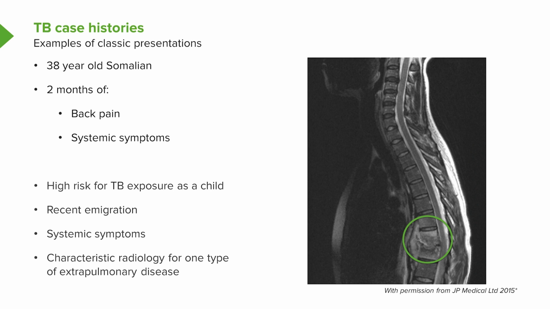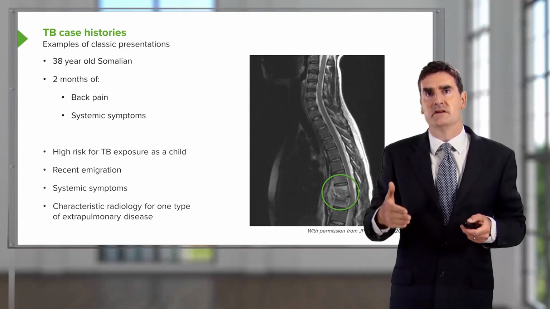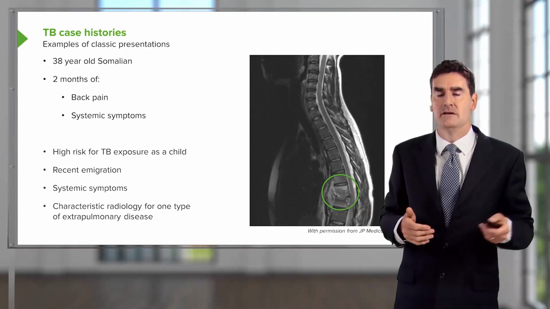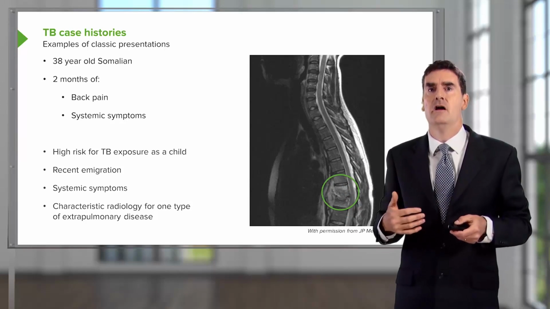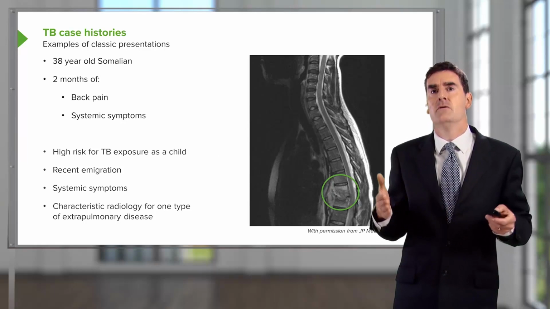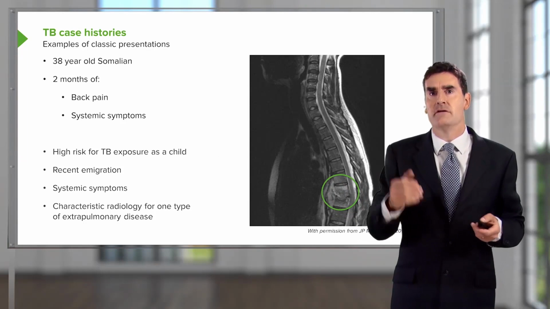and in fact if you look closely there's destruction of the edges of those vertebrae, and there's some soft tissue swelling around those bones. And you can also see that there's an angulation occurring there. And this is spinal TB, and the MRI appearances there are very classical for tuberculosis. So again, we have somebody from a high-risk area, sub-Saharan Africa, so therefore has been exposed to tuberculosis as a child, quite likely to have been. Recent emigration, which is a risk factor. Systemic symptoms, which are very indicative of active inflammatory or infective disease, tuberculosis being one of the common causes, and a characteristic radiology.